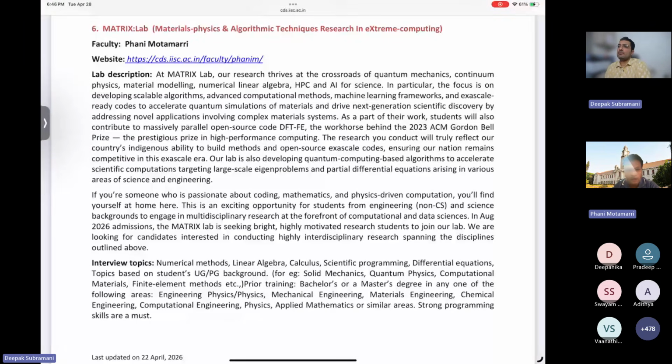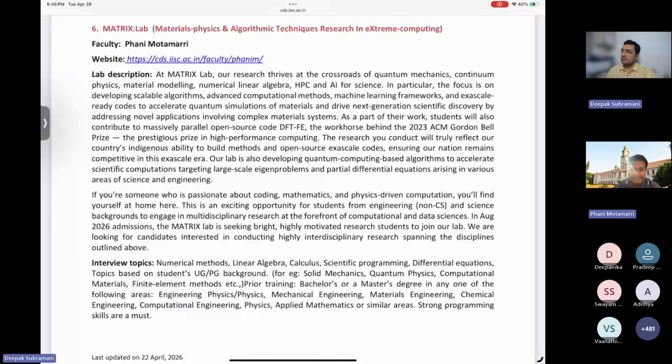So the interview topics for our lab: first of all, we don't have any restriction on which kind of background you have to choose. I would choose from any kind of background as long as you have the right passion to learn and the raw power, the right questions you're asking in solving the problems asked in the interview. We are only looking for that. And of course, in my lab, when we are doing this interview, we would be focusing specifically on linear algebra, calculus, and of course, programming logic. The emphasis of interview topics would be heavily on this, beyond what you prepare for your written test.